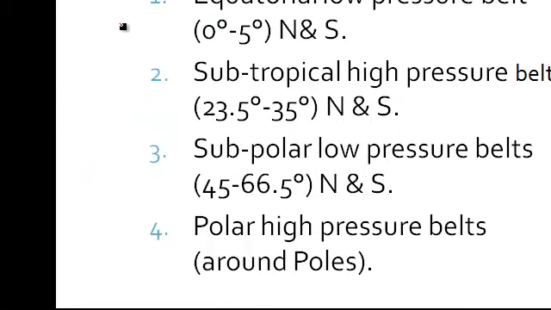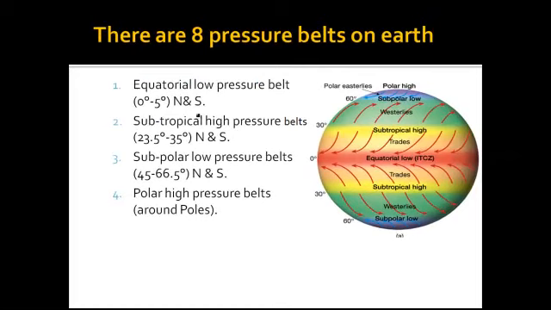It is written 4, but these are basically 7. How? First is the equatorial low pressure belt. This is just one belt, 0 to 5 degree north as well as the south hemisphere. So 0 to 5 degree north as well as the south. So this is the very first belt, the equatorial low pressure belt. Mind it, this is a low pressure